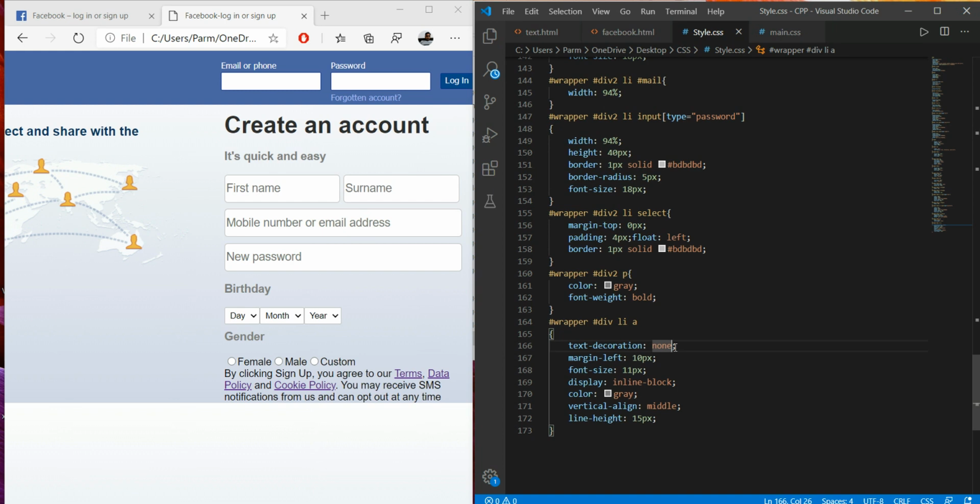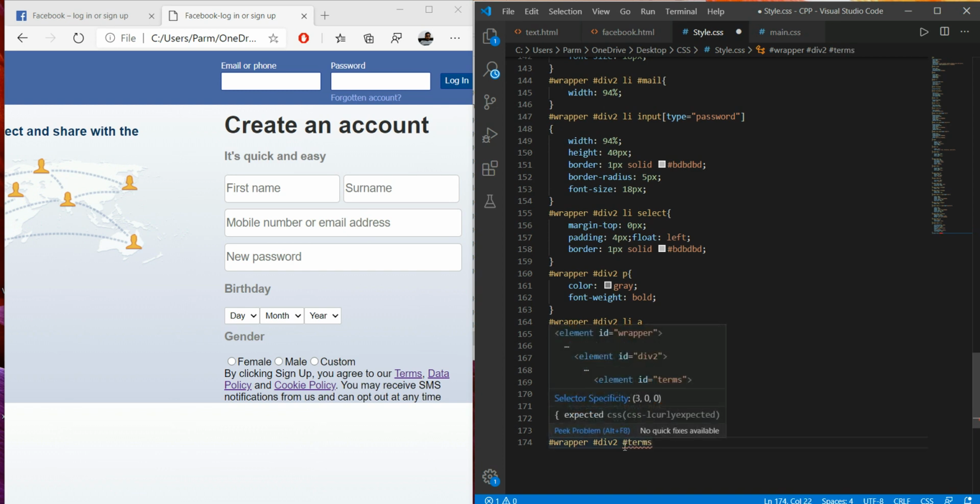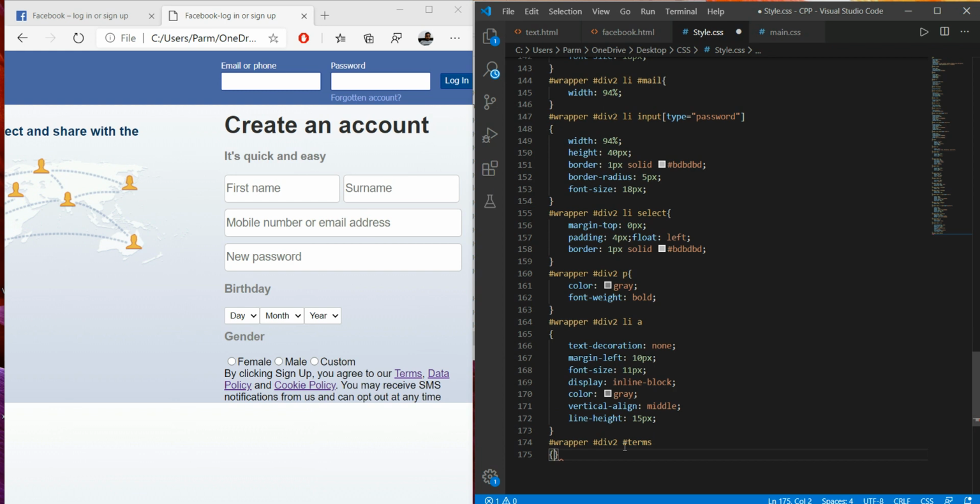Here I'm just going to create another ID to make the changes, hash wrapper hash div2. So here we also have to specify div2, and here we specify hash terms. I'm just making another ID over here, and to this I would like to set color.